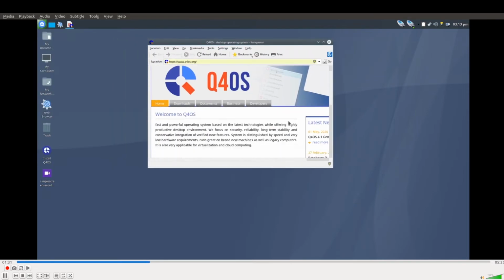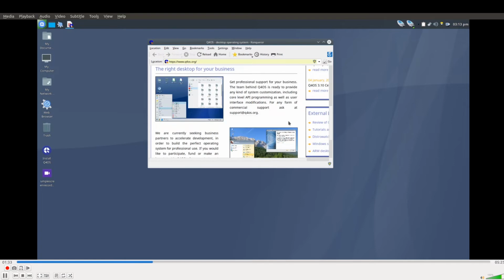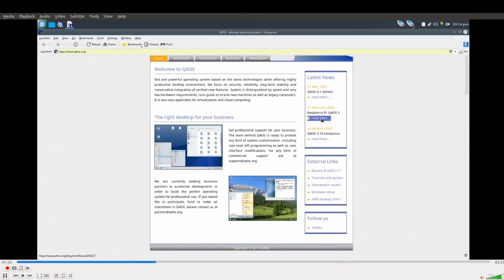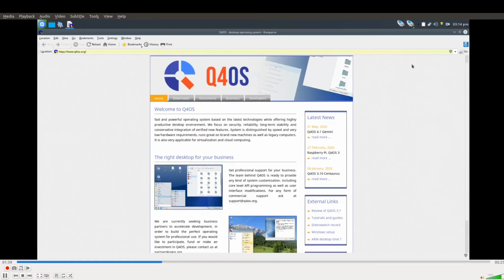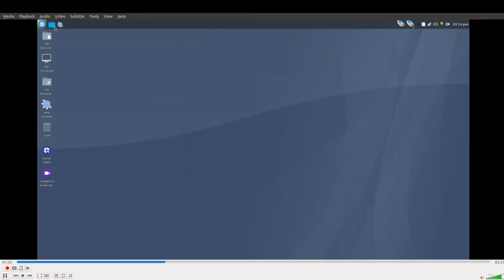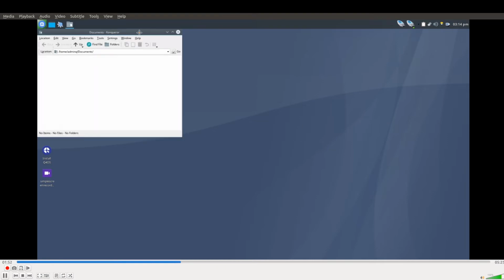So once again, you can check out more information at Q4OS's website. Very beginner-friendly website from what I saw to get you started. So you should not have any issues with this whatsoever. Some more options here to configure your desktop if you so choose to. We do have some standard shortcuts on the